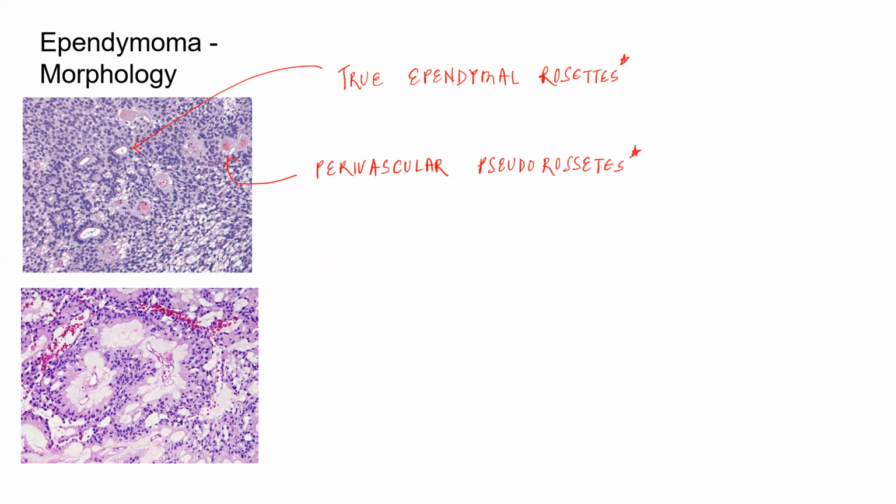I have already discussed these in a previous video on medulloblastomas. In a true ependymal rosette, the central lumen will be free, and in a perivascular pseudorosette, the central lumen will contain